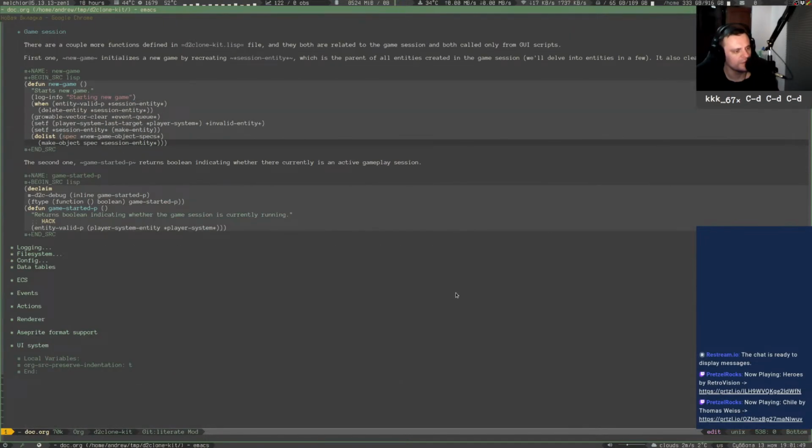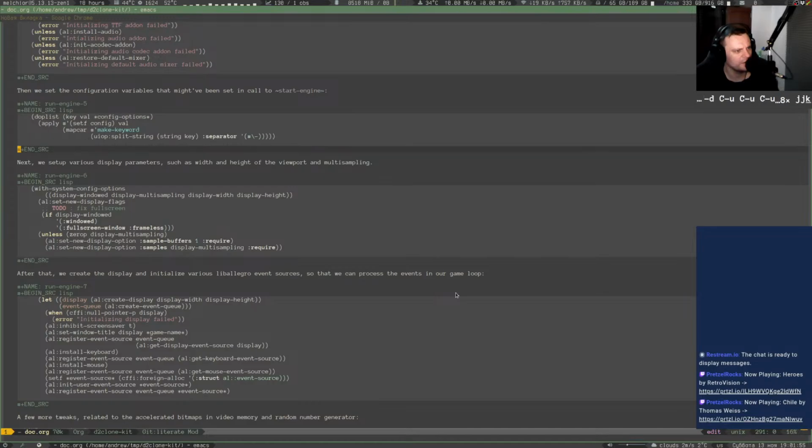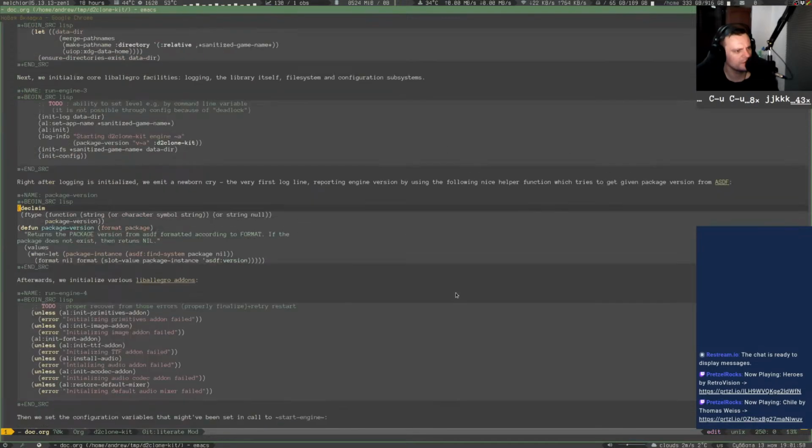So there was log, file system and config. I think they all were here in initialization. So there was log, then file system, then config, and the next thing to work on would appear to be